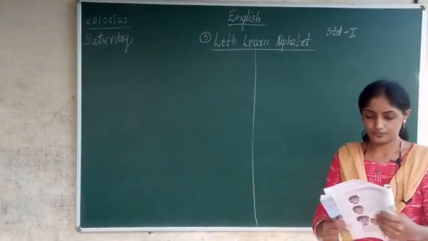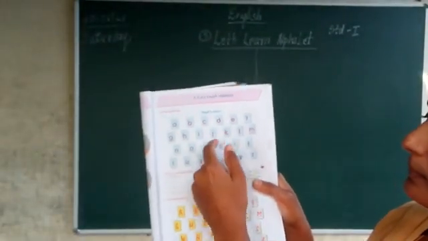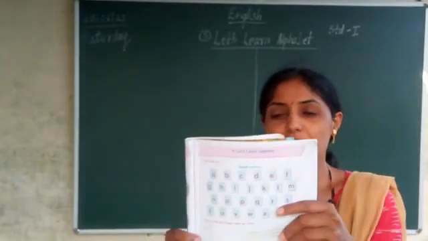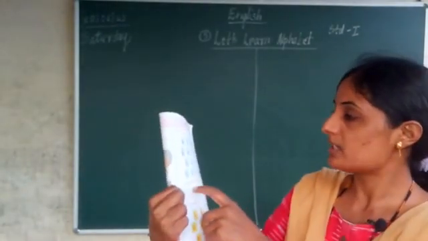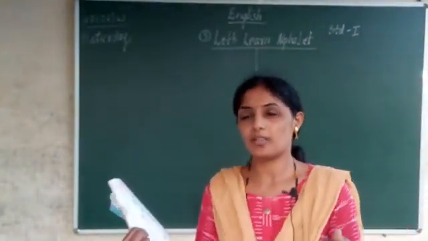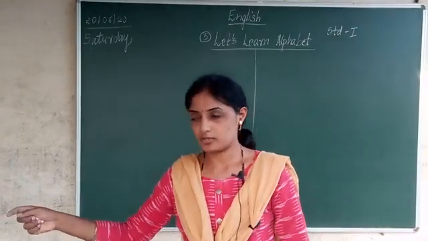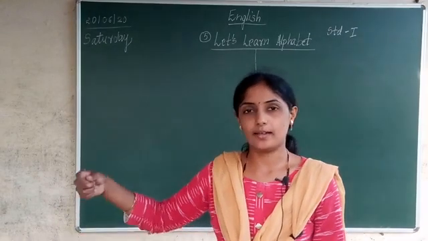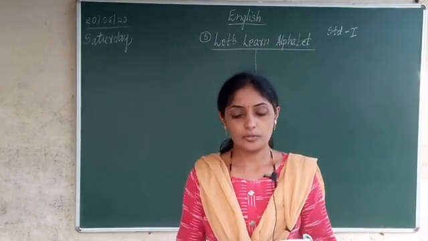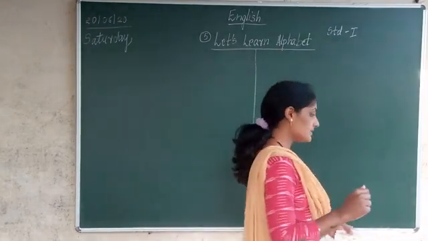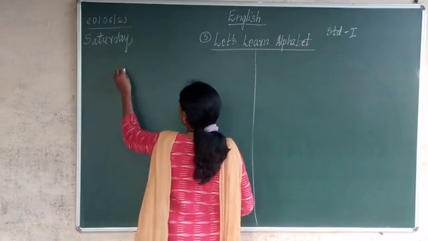Now you can see there are some charts. Small cards are made. If our regular school were there, then we would have made such cards in the class. But now it is not possible. Even if I prepare cards, there are no students to hold those cards. I would have given A card in one child's hand, then B in another's hand, C, D, E, F, G, like that till Z. But now it is not possible, so I will just explain small letters and capital letters. Okay. Now first one is small letters.